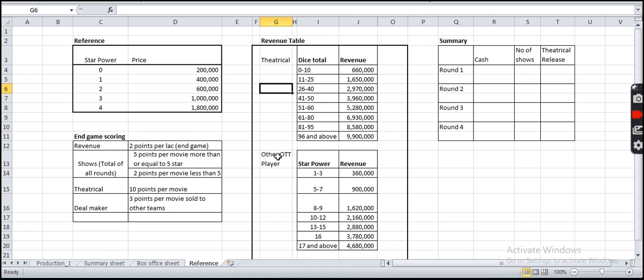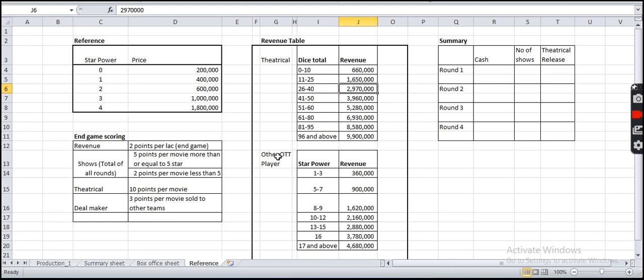Then what will happen is during the box office phase, based on your star power, we will roll the dice. Okay, assume your star power was 8, and when we rolled 8 dice, we got a total of say 28. Now because we got a total of 28, this says your 28 lies in this range.